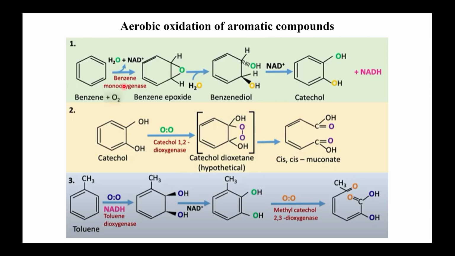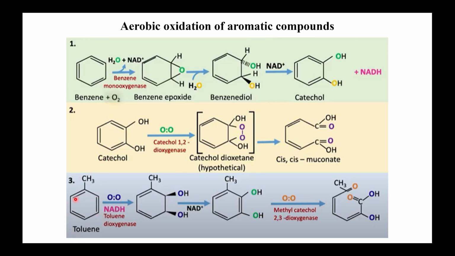So this is a class of enzyme, that is monooxygenase. Monooxygenase can add one OH at a time, whereas dioxygenase can oxidize two OH at the same time. Okay, so catechol 1,2 dioxygenase can actually oxidize these two OH groups present in the catechol together to form carboxylic acid groups. Okay, so alcohol is always oxidized into aldehyde and carboxylic acid. So you can see here, cis-muconate is formed from catechol by catechol 1,2 dioxygenase. These are just examples, some aromatic hydrocarbons.